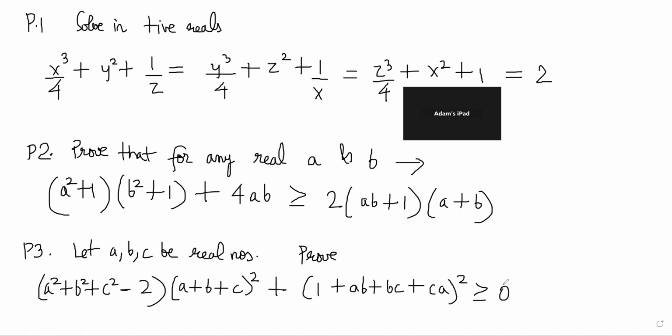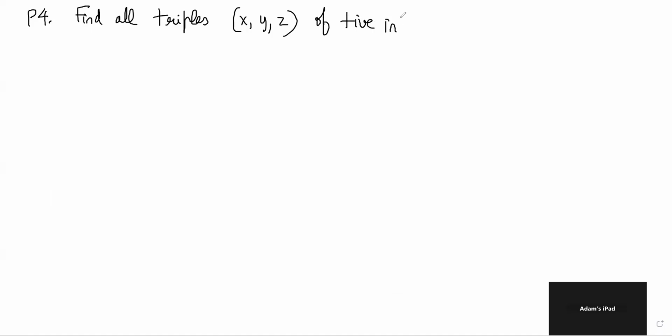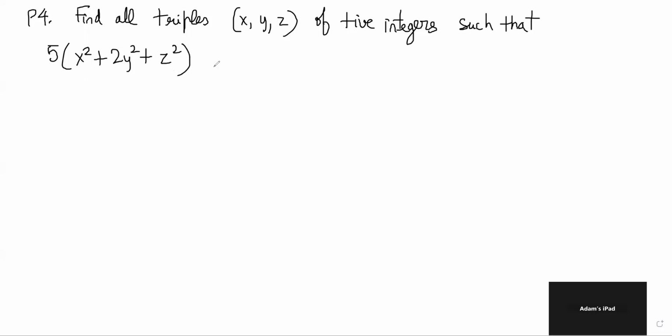Have you written these three? Okay. Problem 4 is: find all triples x, y, z of positive integers such that 5 times x square plus 2y square plus z square is equal to 2 times 5xy minus yz plus 4zx,